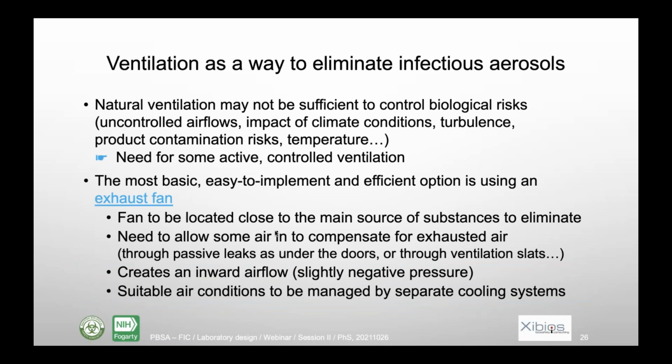वेंटिलेशन, कुदरती वेंटिलेशन जिसको बायोलॉजिकल रिस्क को कंट्रोल करने के लिए नाकाफ़ी है, इसलिए यहाँ एक कंट्रोल वेंटिलेशन सिस्टम की ज़रूरत होती है। इसको हम एग्जॉस्ट फैन के इस्तेमाल से कर सकते हैं, जो बुनियादी और मौसर ऑप्शन है। एग्जॉस्ट फैन की जगह वहाँ बननी चाहिए जहाँ खतरनाक जरासीमों के अखराज का खतरा हो सकता है, और एग्जॉस्ट फैन हवा के दबाव बरकरार रखने में मदद करते